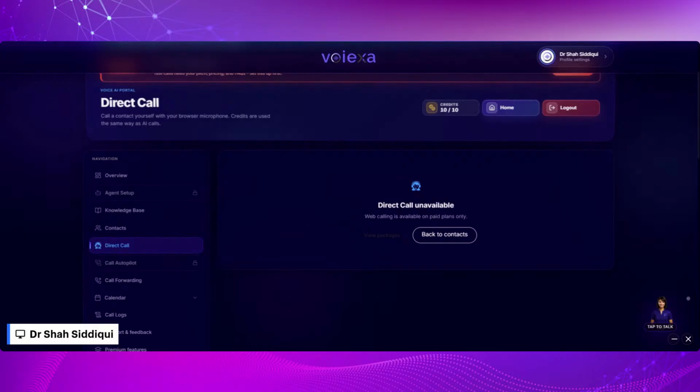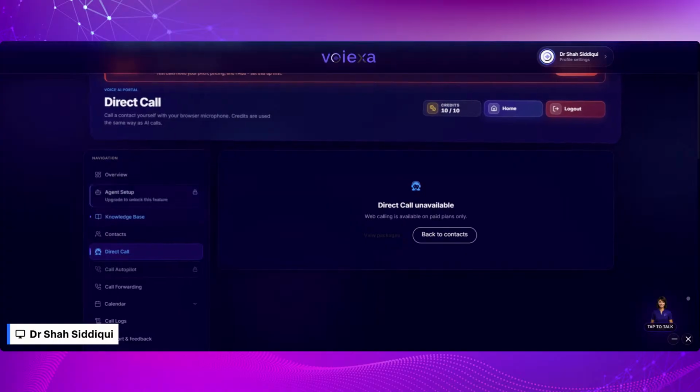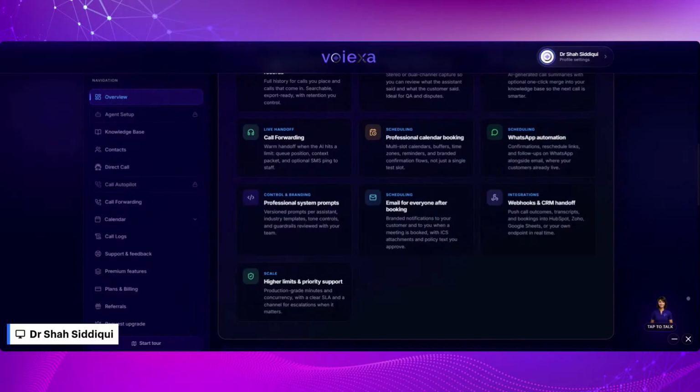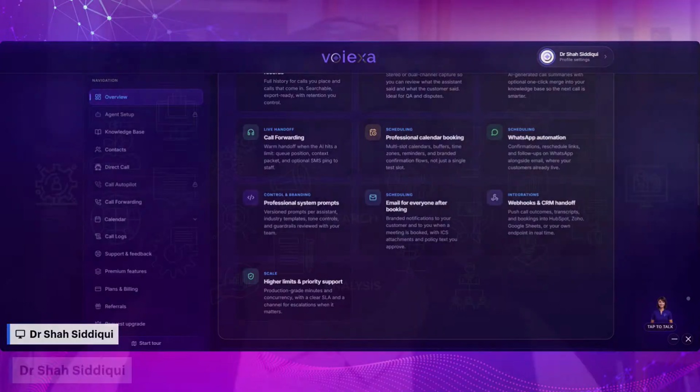So the functionality we have for Voiexa, first of all, no waiting time. No waiting time means if someone calls Voiexa, your call will be directly answered. There isn't any waiting time.